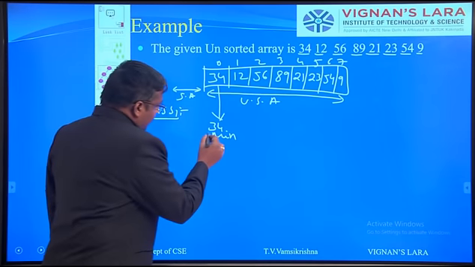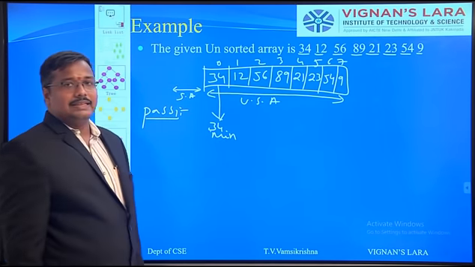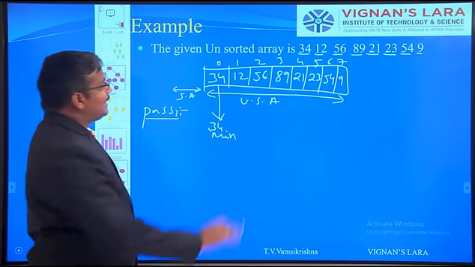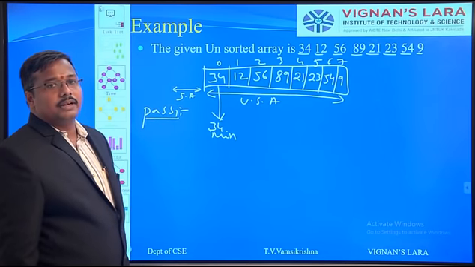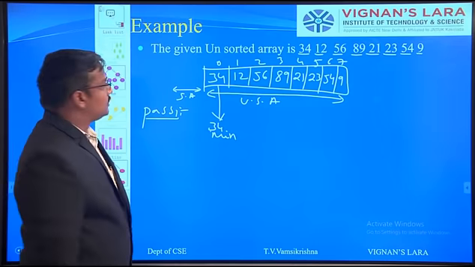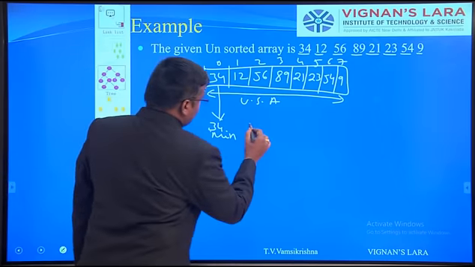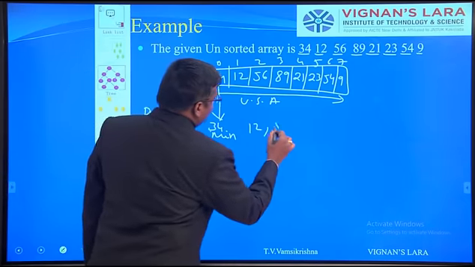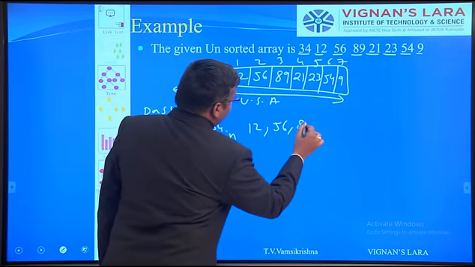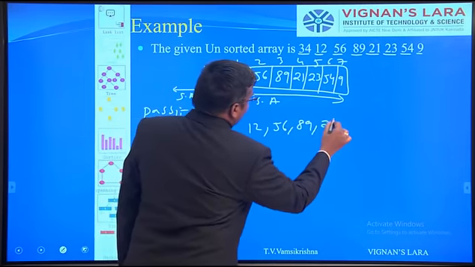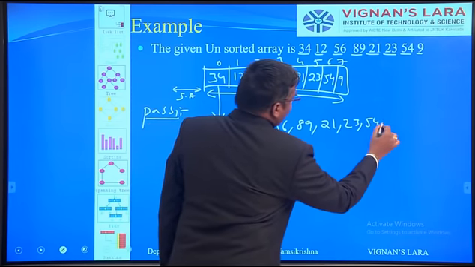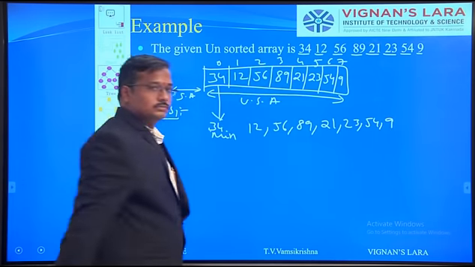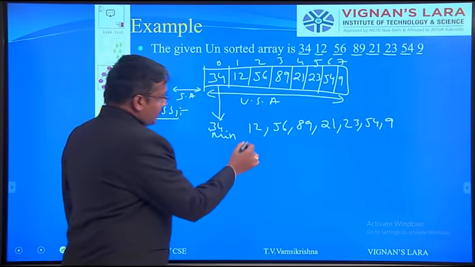With respect to 34, is there any smaller element in the rest of the part? The rest of the part is 12, 56, 89, 21, 23, 54, 9. We compare one by one.